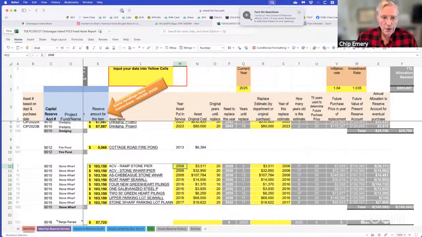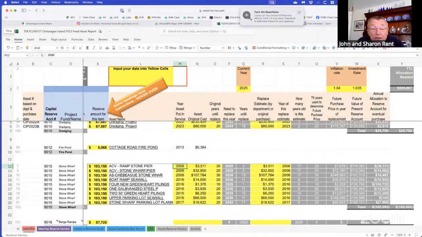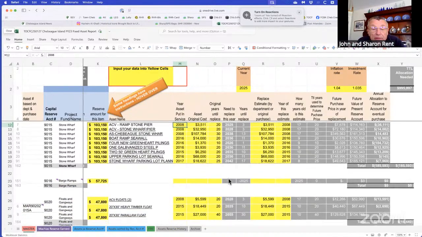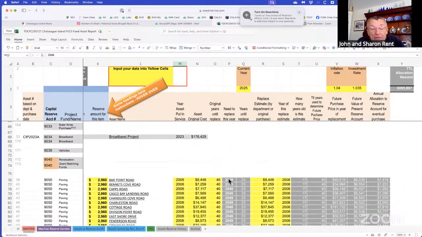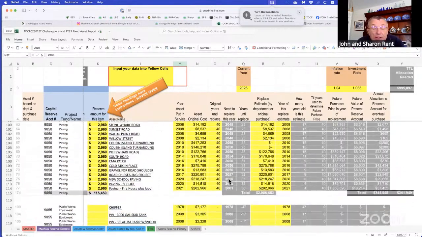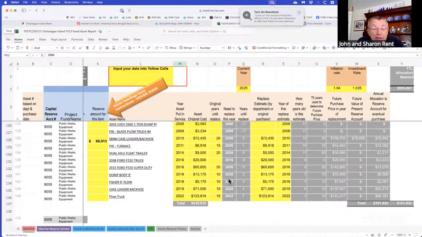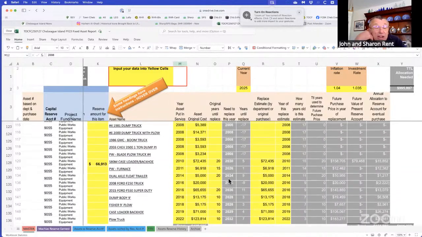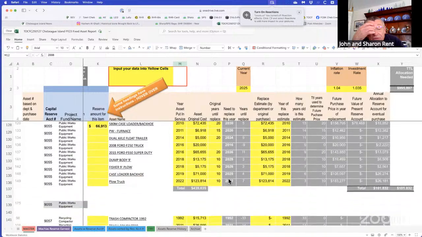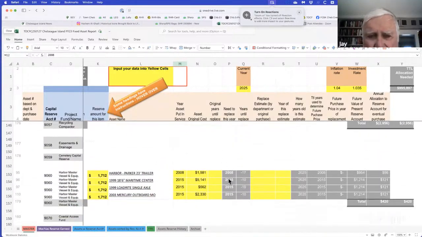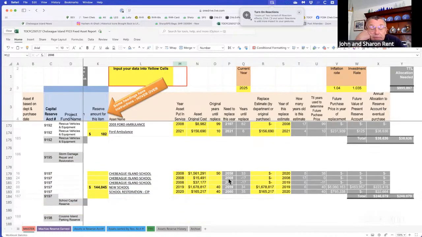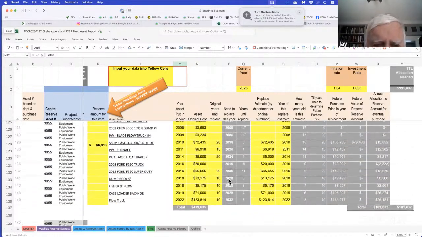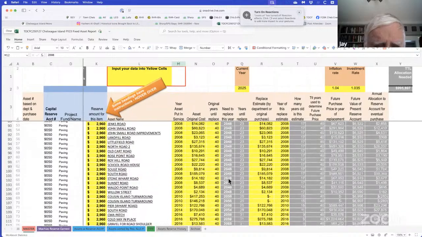But the fire department's a great example of sitting down and going through individual pieces of equipment and understanding the replacement time. And I tentatively have a meeting. Jay and I are going to sit down with the fire department next Thursday at 4 o'clock. Yeah, there definitely are, and that's why we left